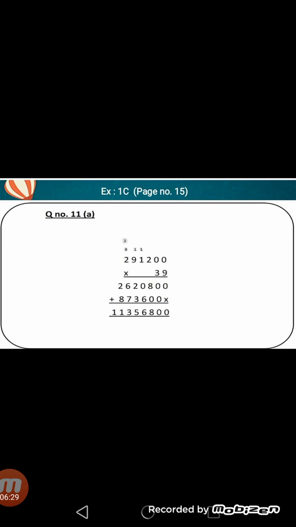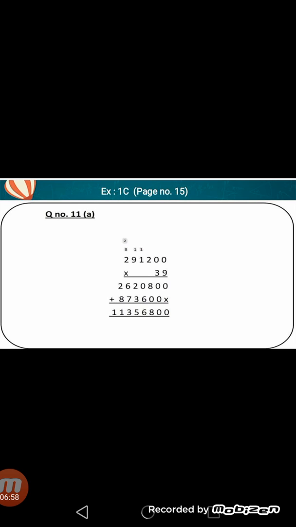Now move to the tens place of the multiplier, which is 3. 3 zeros are 0, 3 zeros are 0, 3 twos are 6, 3 ones are 3, 3 nines are 27, we will write 7, 2 will be carry. 3 twos are 6 plus 2 will give you 8. Now add all the columns vertically, starting always from the unit column as I told you earlier.